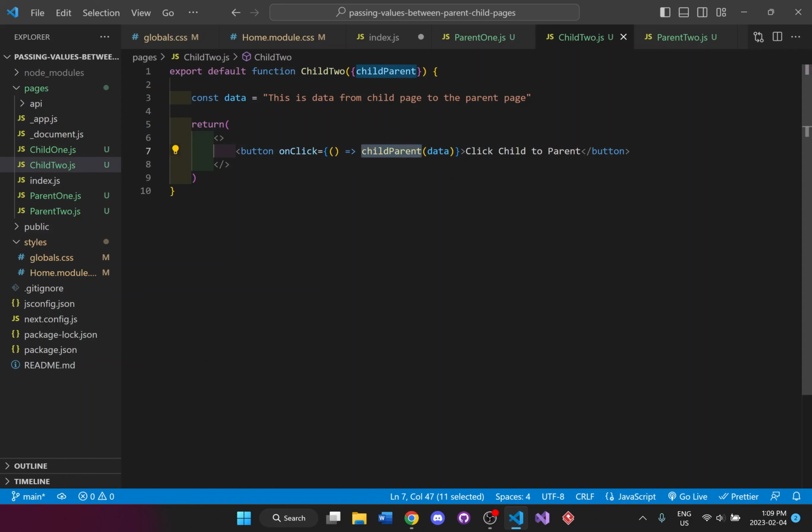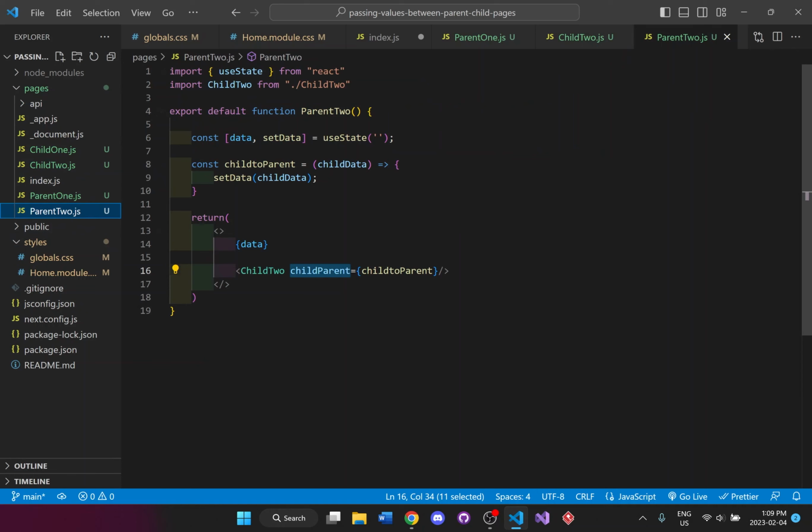And what's going to happen is it's going to make this data be stored in this variable child parent. And child parent is right at the top here, which is being imported by this page. And it's going to say, okay, this child parent now has the data, so pass it over to this function, and this variable here is what has the data that's being passed over.